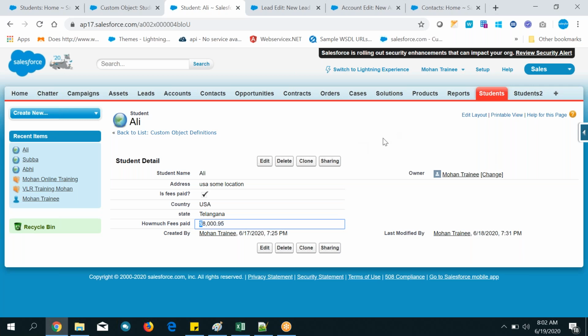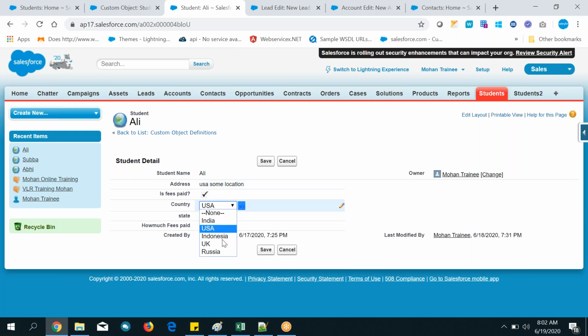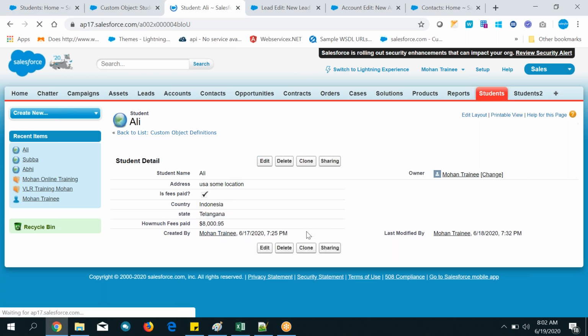Okay, by default currency is US currency, and if you want you can change the currency. After fields, we can see the currency also, multi-currency. Okay, dollar symbol is there, so we are calculating in dollars only here. So double click on the country and it will be like this. You can add whatever you want, change it to Indonesia, save it.